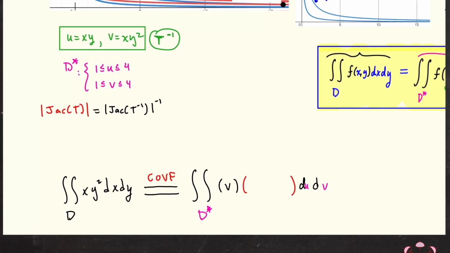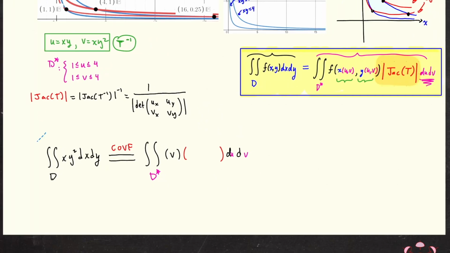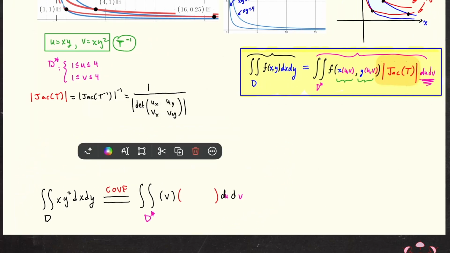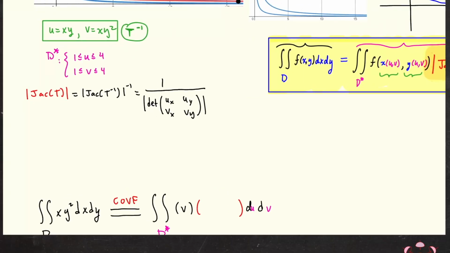Okay, so this is maybe a brief way of writing it, but I don't like doing the -1 exponent because then I forget. I'll do it as the reciprocal of the Jacobian of T inverse, which means I've got to do the partial derivatives of u with respect to x and y, then the partial derivatives of v with respect to x and y. Give myself more room here. Okay, cool. Let's keep going. 1 over